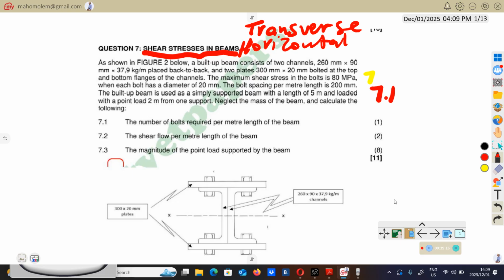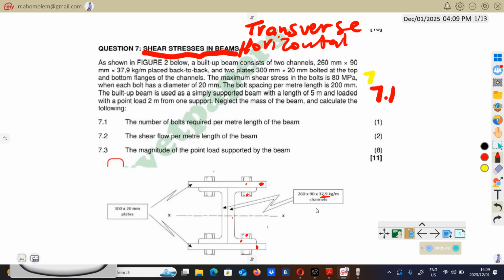So as you can see, this beam will have mass. Remember, when we're talking about the beam now, we're talking about this plate, we're talking about this channel, we're talking about this bolt. So we're going to ignore the mass of these three. We're going to ignore the mass of this bolt, obviously saving the weight or mass, but we're going to ignore it. We're not going to include it when we do calculation. So this plate as well, we're going to ignore the mass. So this mass we're not going to use it. Right now,